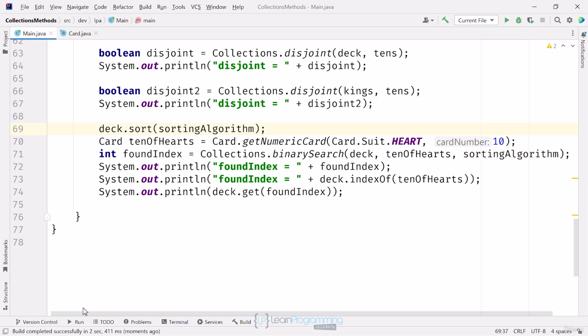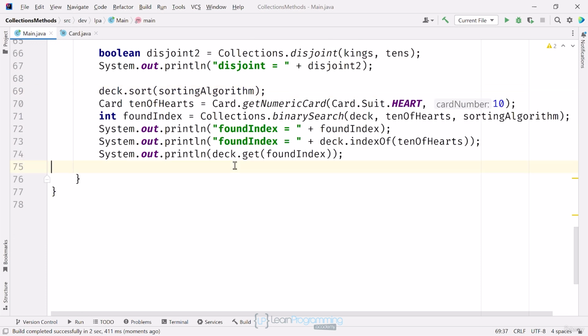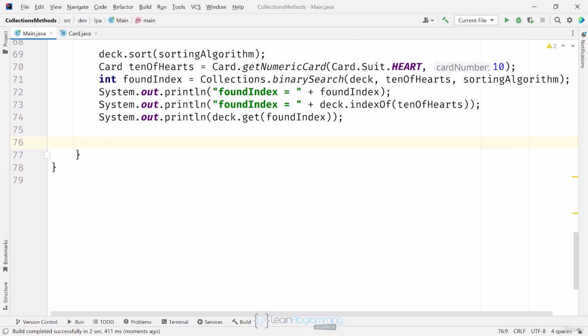Moving on, I want to examine just a couple more methods on the collections class. First, this class has a replaceAll method, like the list interface. Remember that the replaceAll method on list allowed us to write a function, a lambda expression, to do a global replacement of all elements. The method on this collections class is much more limited because it requires you to replace one or more instances with another. I'll use the collections replaceAll method to replace the 10 of clubs with a 10 of hearts